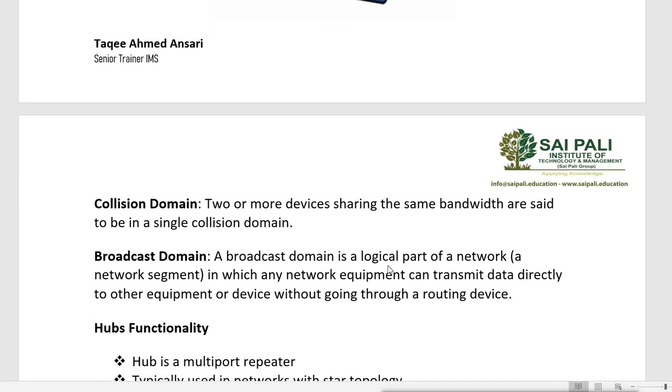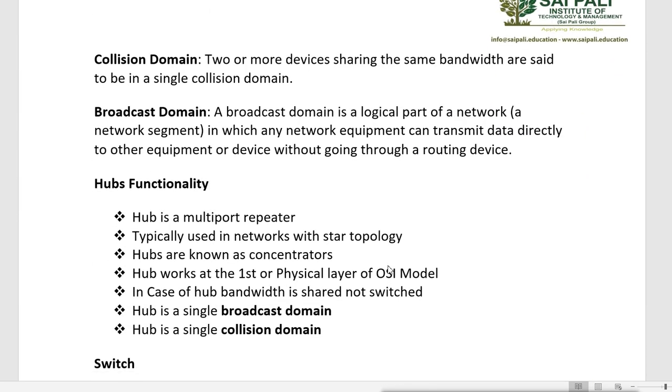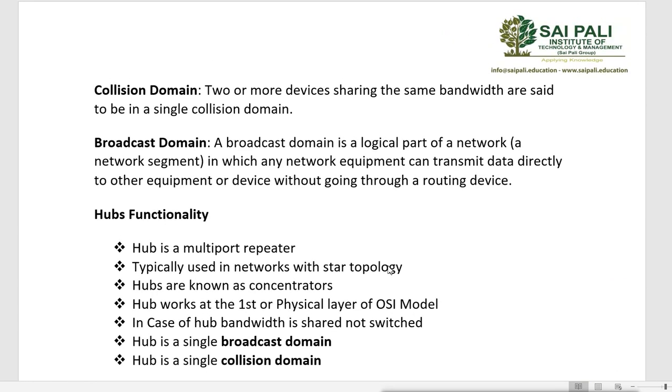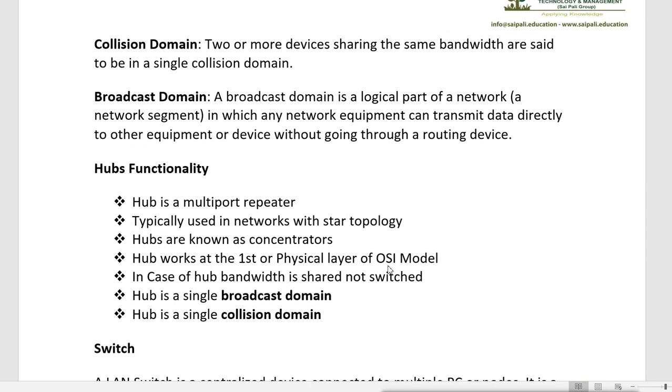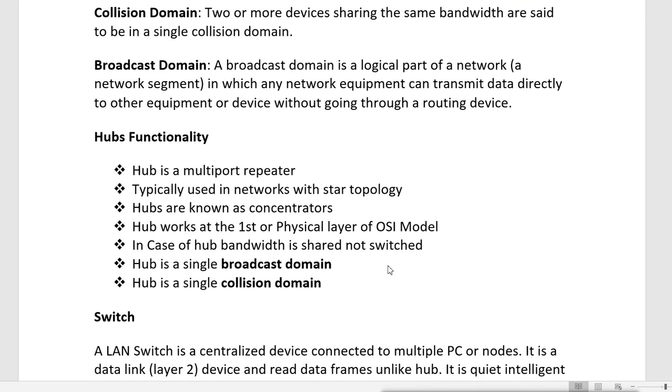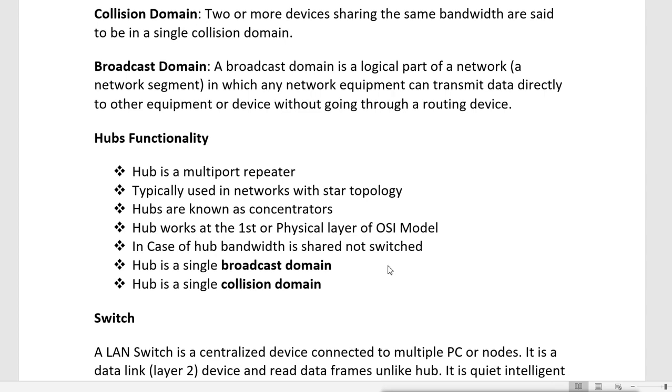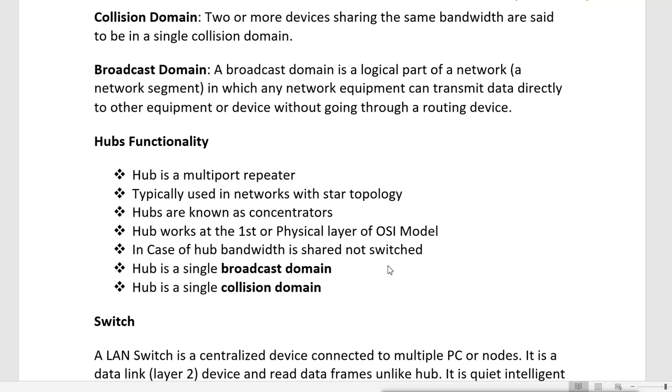Now remember, hub was used in star topology. When there was a star topology, we used hub as a centralized device. Now, even if it is a star topology, because the hub was used as a centralized device, it is still working as a bus topology. So physically it looks like a star topology, but logically it still works as a bus topology because of how the hub works. So hub works based on broadcast.